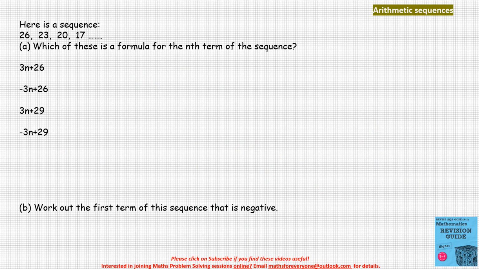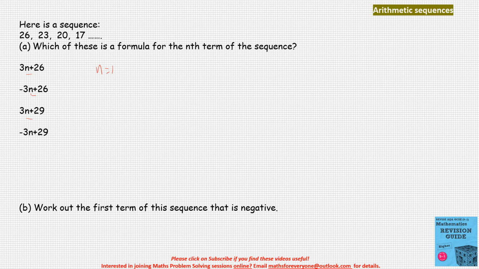So the next question I have is, they have given us another sequence 26, 23, 20, 17, and they're asking us which of these is a formula for the nth term of the sequence. Now that's quite easy to work out. All you have to do is find out any of the terms. It's always easy to start with n equals 1. If you put n equals 1 in each of these,